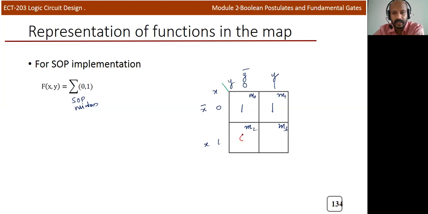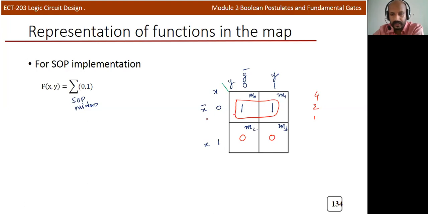The other cells I can represent as 0. For minterms M2 and M3, the function will give you 0. And if there is a possibility of a group of 4, you need to group as a 4, otherwise 2 or 1. So here you can see 2 ones, so I can make a group like this. So if you consider this particular expression,